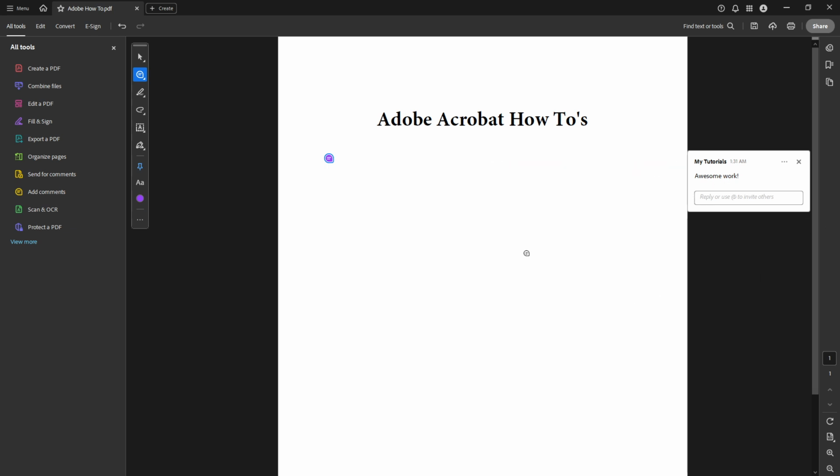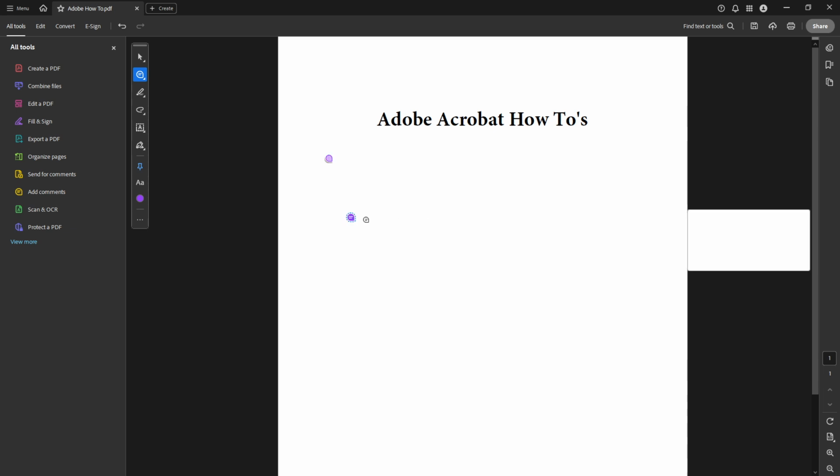Adding comments in Adobe Acrobat Pro DC is a simple process that can greatly improve the quality of your document reviews and collaborations. By following these instructions, you will be able to smoothly add annotations to any PDF, enhancing clarity